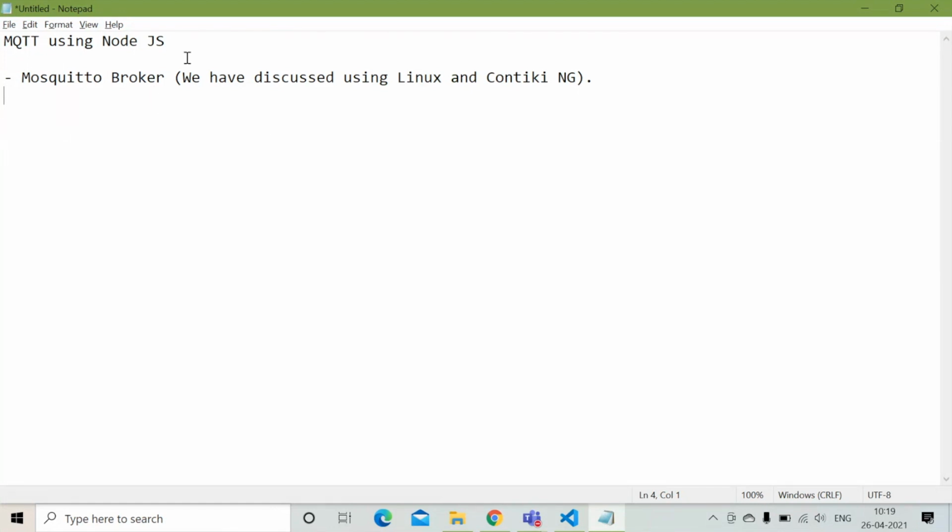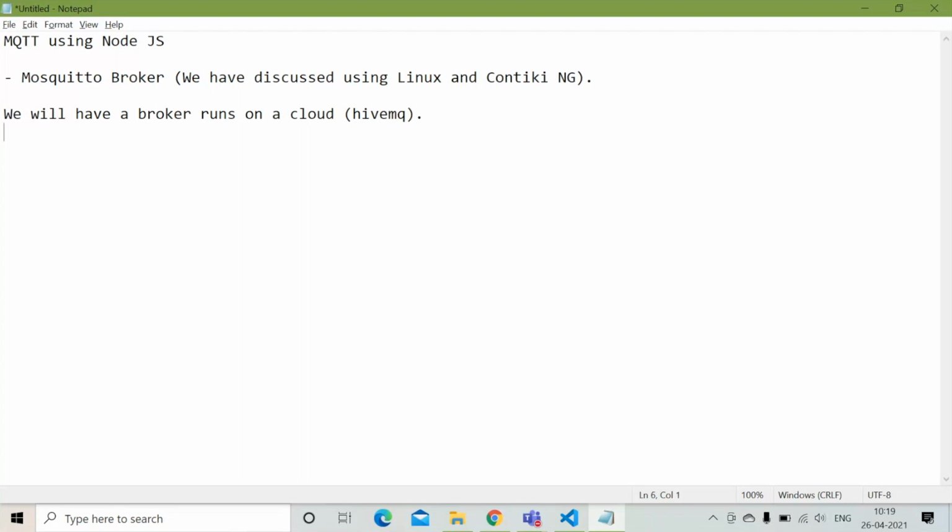This is the MQTT broker, not using the software. So we have two things. We will have a broker on a cloud, namely HiveMQ. There is a broker called HiveMQ. Maybe some of you might be aware of it, as you might have done it while studying the IoT subject. Anyway, I will give you the basics of this MQTT architecture.